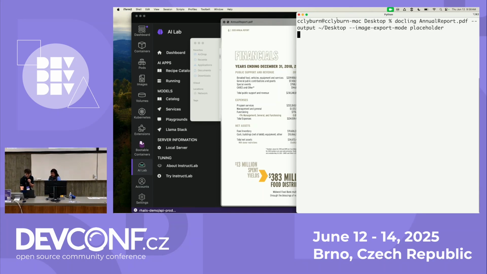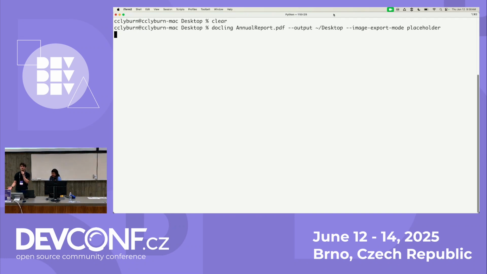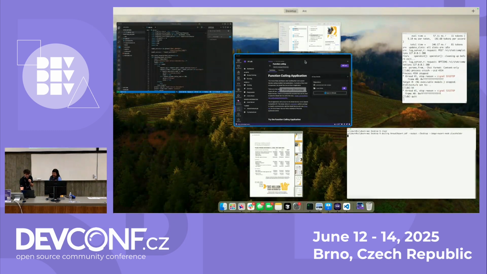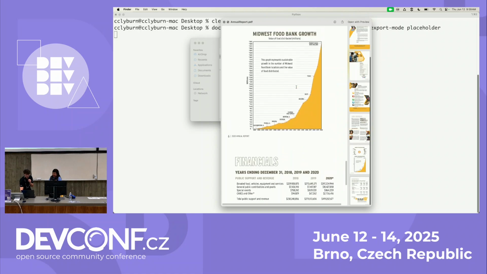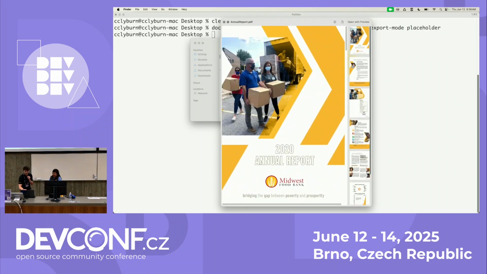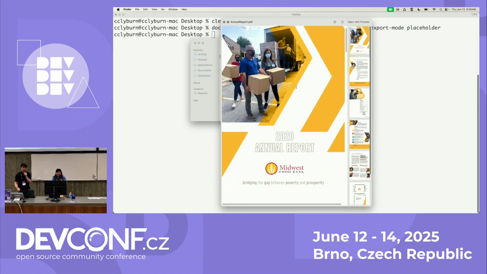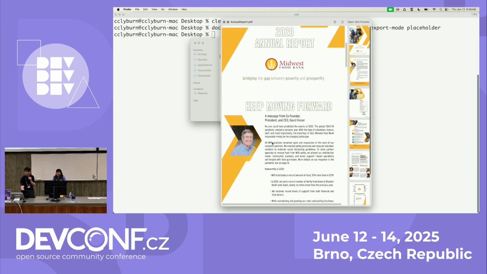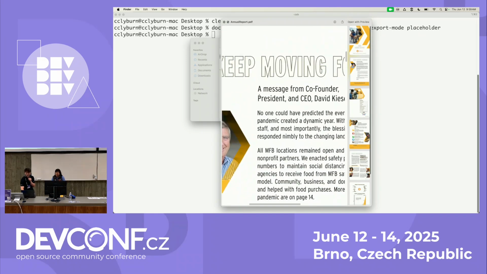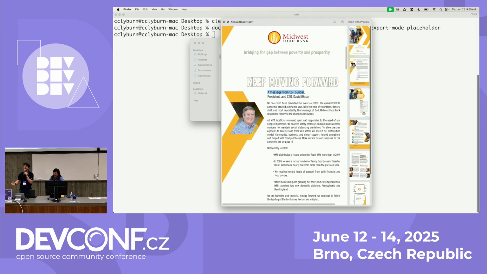So you could use this in your applications as a library, for example, or you could use it from the CLI, or even install it on Kubernetes and parse thousands of documents. What's actually happening in the background, and I'll just go to the presentation, is essentially the values are being extracted from OCR, but also these vision models so that we have a direct representation of exactly where this text is. So maybe I have sensitive data, I could remove that.